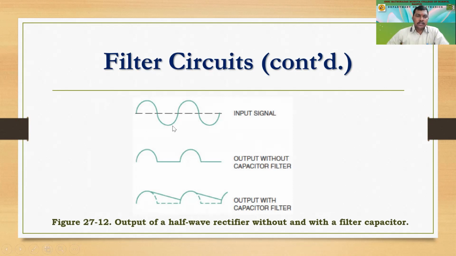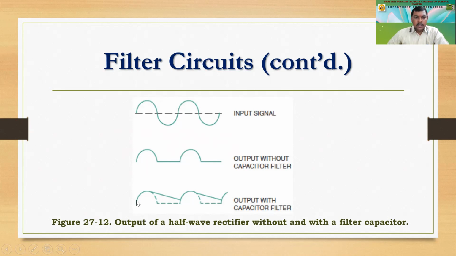So this is the input signal that we are going to connect. Actually, this is the output of the transformer, which is coming across the secondary S1 and S2, which is again a sine wave, but a lower voltage sine wave. Then the output of the half wave rectifier will give you the positive half, and during the negative half, the output voltage will remain zero. Then another positive half, and again for the negative half the output will remain at zero.